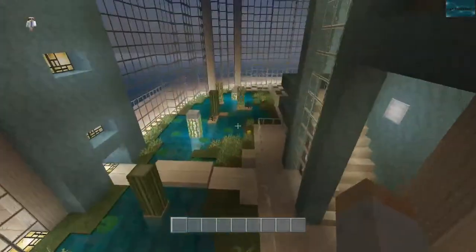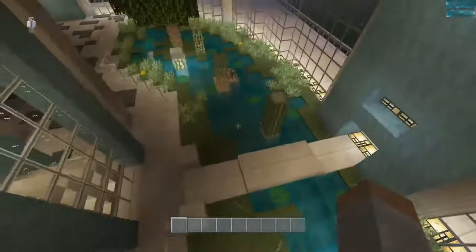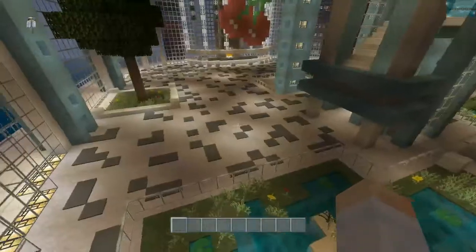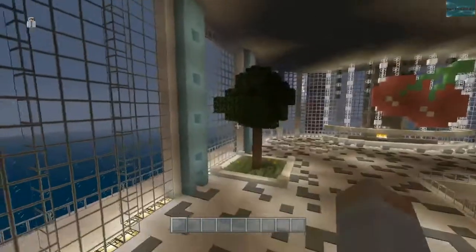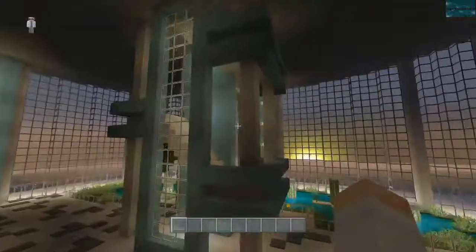There's a fireplace, and then over here, this is like our little river, kind of like a pond area inside. And as you can see, there's cactus, sugarcane, sand, glowstone, all kinds of stuff. And then we got a bridge that goes over it that leads outside. Right here, we got a tree that's inside,